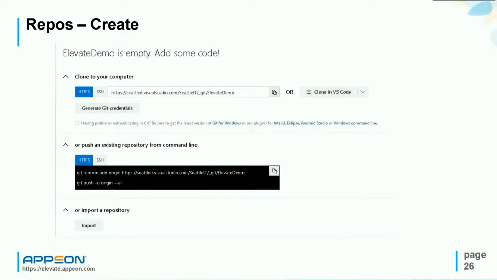So then it creates your repository, and then it presents you with this screen, which